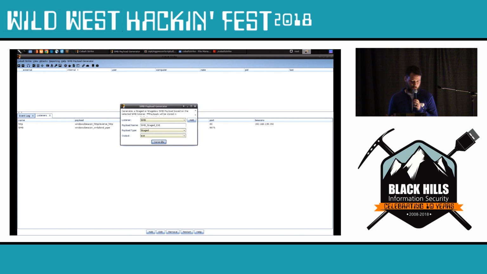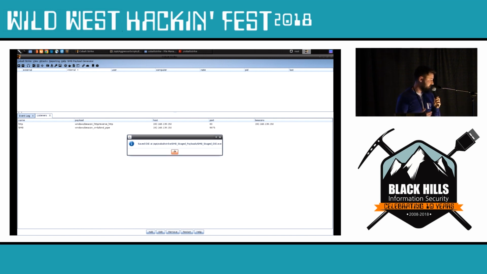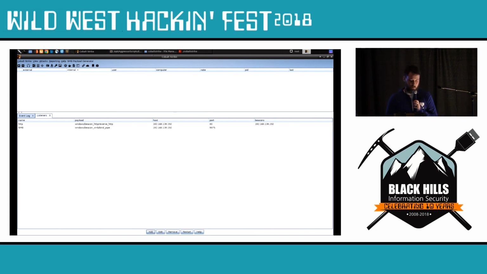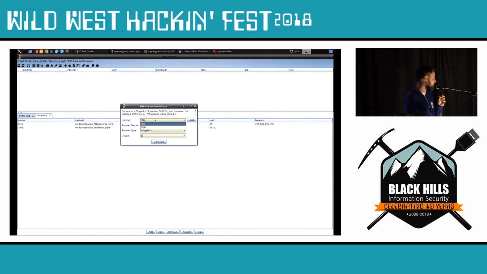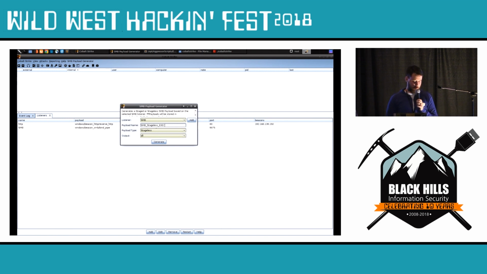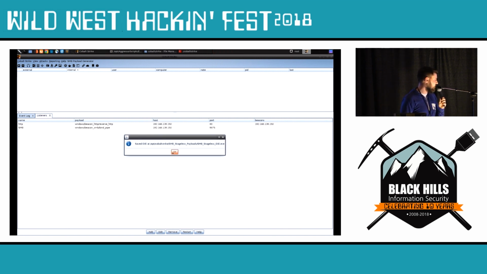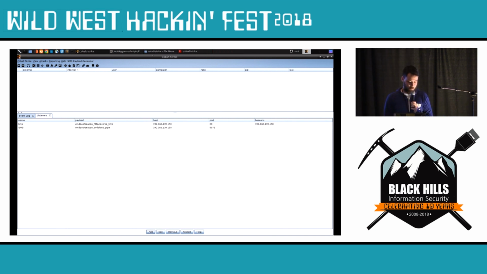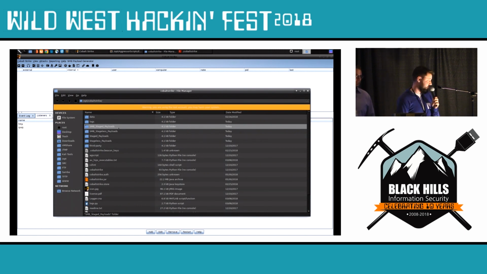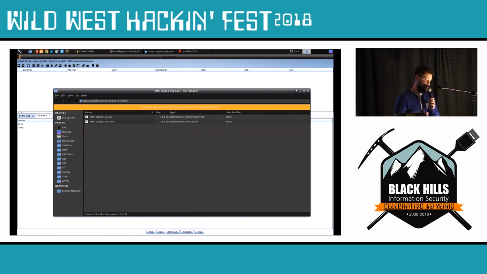Once we hit generate, it'll tell us that it's been saved, it's been generated. We can check the file location of it, or we can generate a stageless payload as well. Same thing, just a different payload type. So stageless, EXE. I want to make sure I select EXE as the output, generate. It's been generated, great. And then we check our file structure, and they're in there.